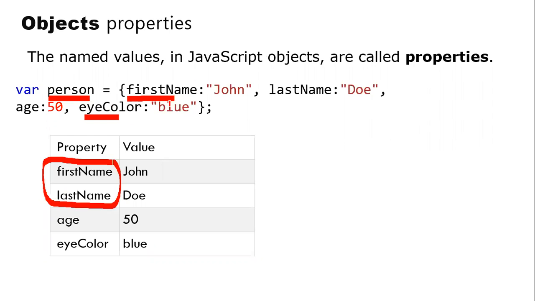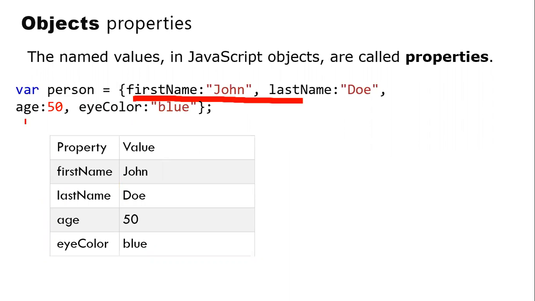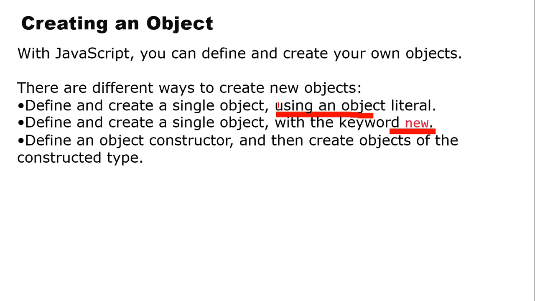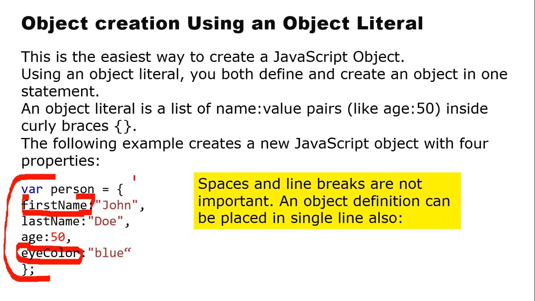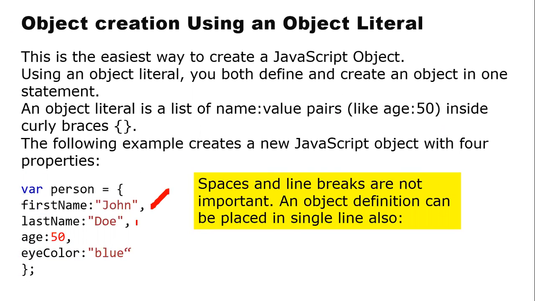In this case, if you look in the object definition, what I'm trying to do is everything in one line. That is first name, last name. Because of the space constraint, I have moved to the next line. Age, eye color, I'm defining it. Either you write like this, everything in one line, or you can have them in different lines. As in this case, first name I'm defining in one line, last name in one line, age in one line, eye color in one line.